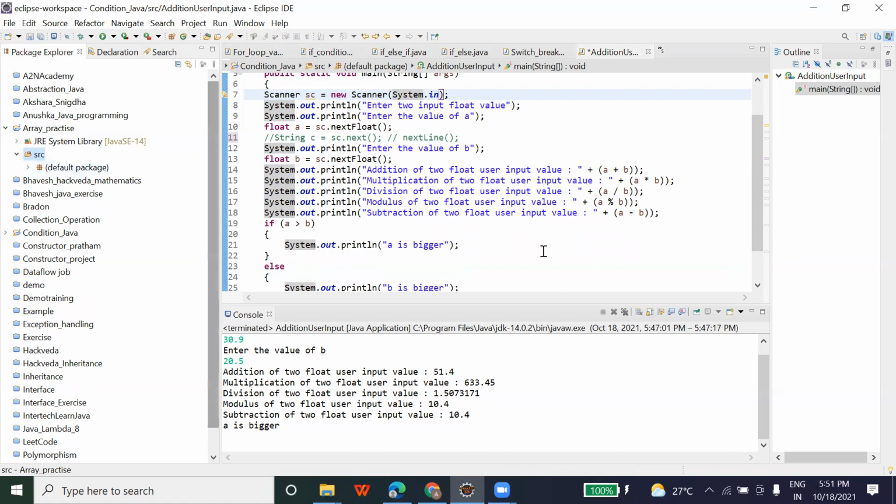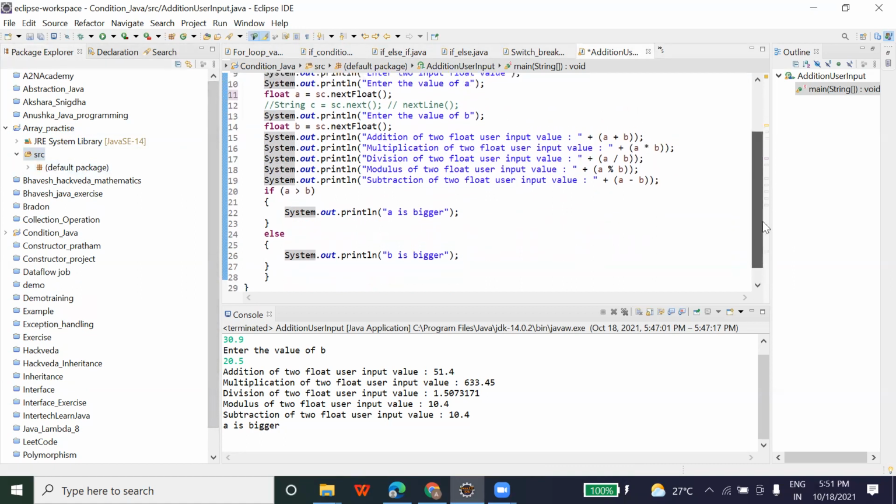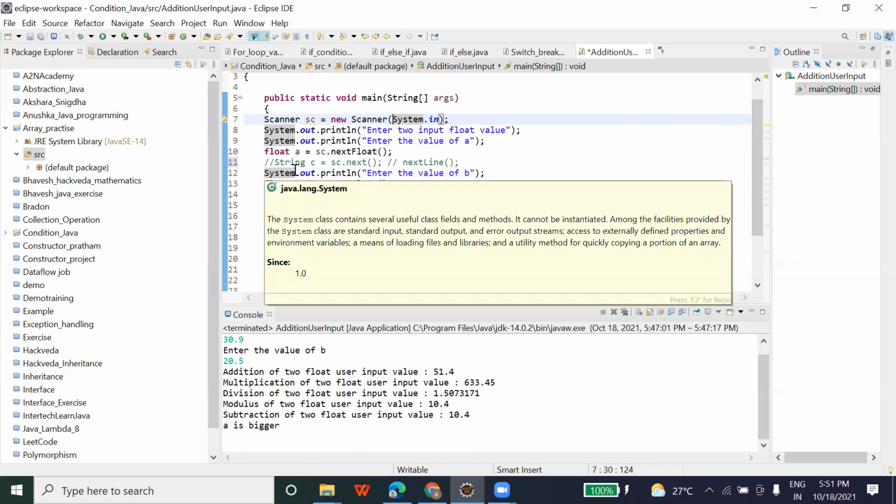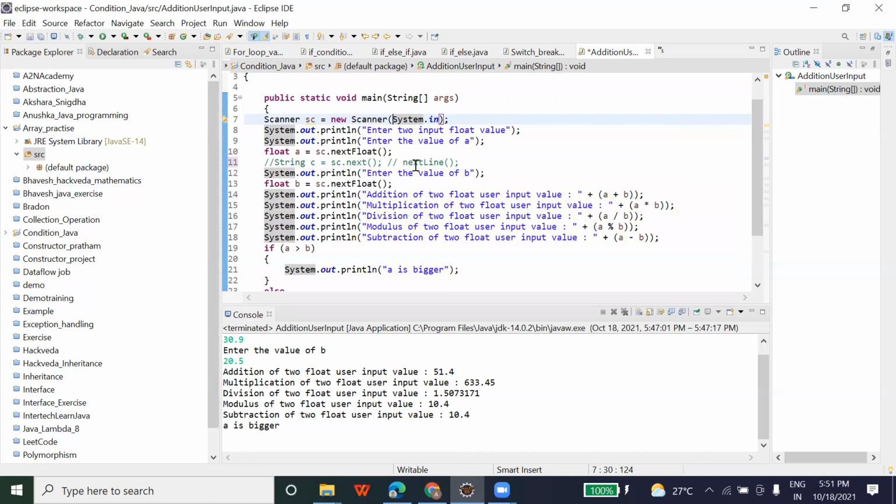So in between, for the string data type, for the input, it's just sc dot next and the braces. Why is it not with the data type? Sorry, I did not get. Like for the floats, we had sc dot next float, where the float data type was present. Why isn't it there in the string? Yeah, because this is a predefined function, and in the string you can accept the whole line, right? So that's the reason they introduced the line, to tell that with the string data type you can accept the whole string. So they created the next function, and this is a predefined function.